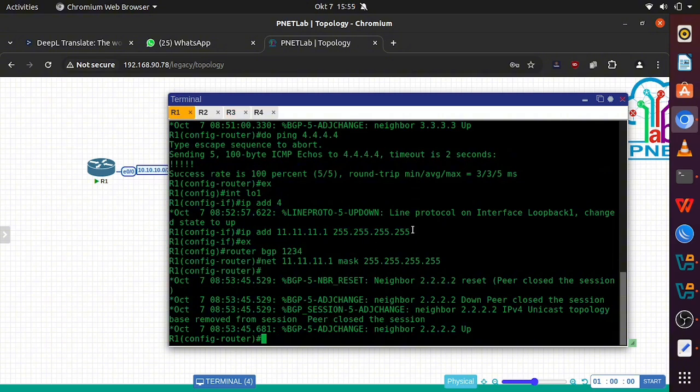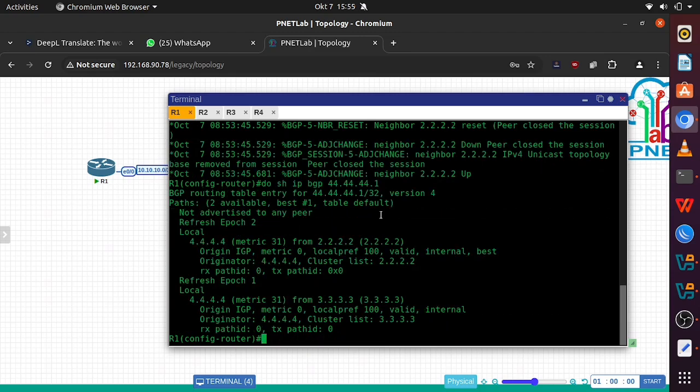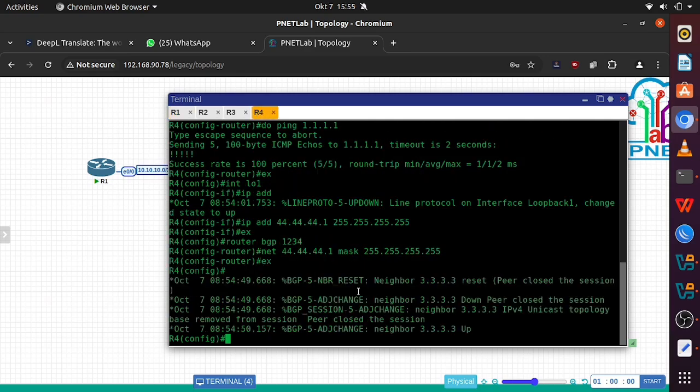As you can see, a lot of information has been done. So we just make sure of the IP route with show IP BGP, and also we make sure the cluster ID is different for each cluster.